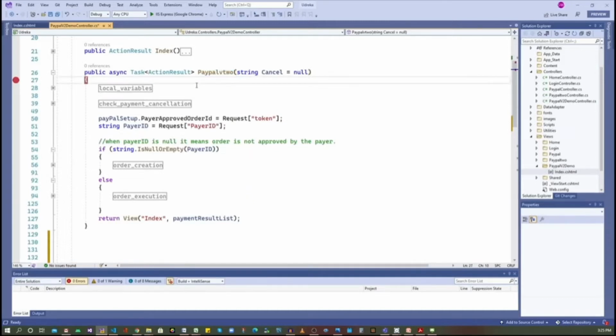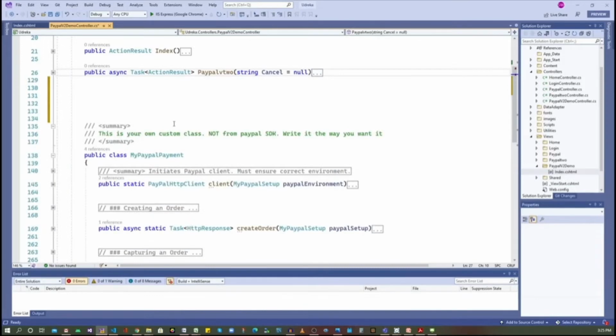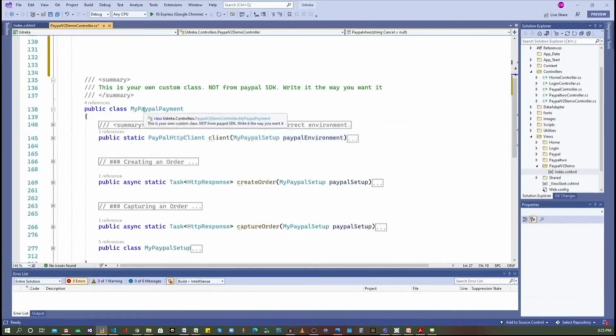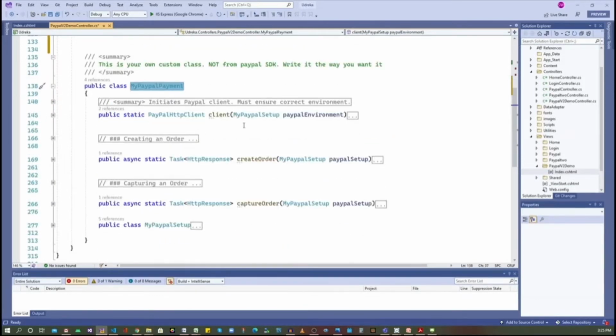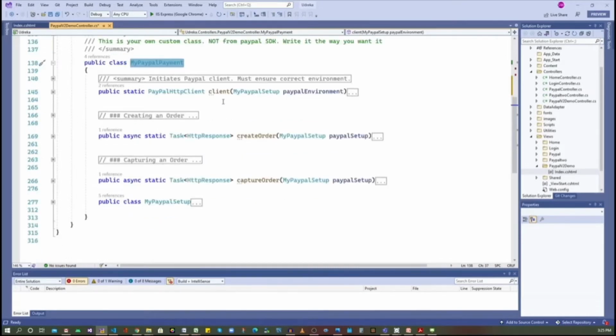Now, before I explain this controller to you, I'd like to tell you there are two helper classes I have created here. My PayPal payment class does nothing but simply call the PayPal API using the SDK classes. There are three simple methods in this class. The first method is called client.